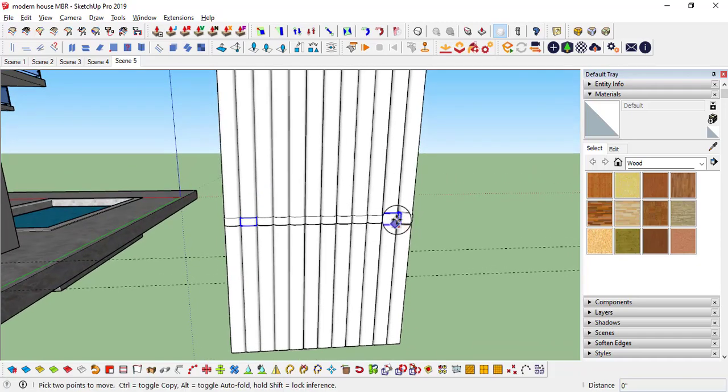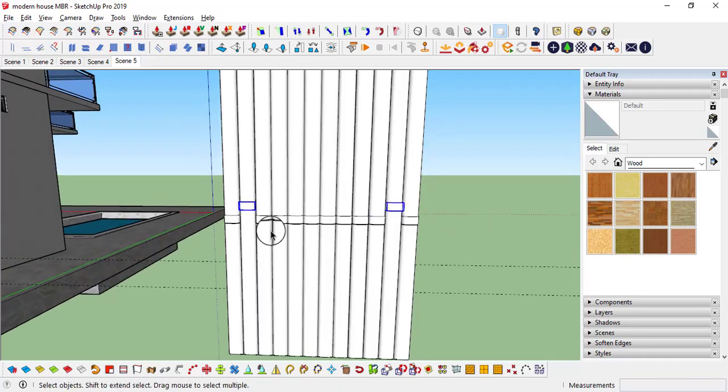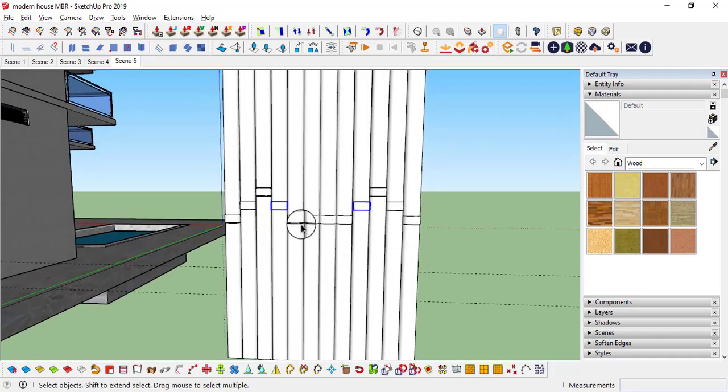So move it 5, yes, and these two move in the Z direction 10, and again these two in the Z direction 5, enter, and this one, okay, and these two move it 5.